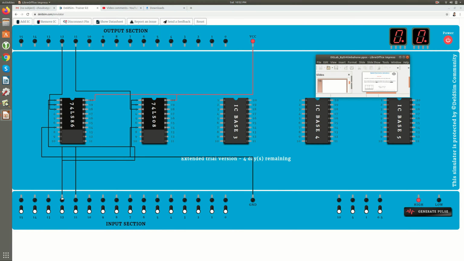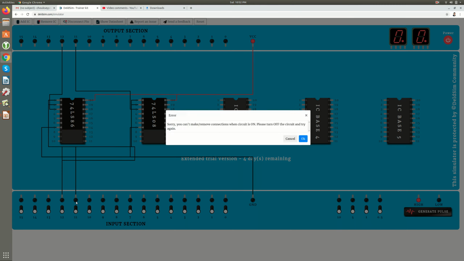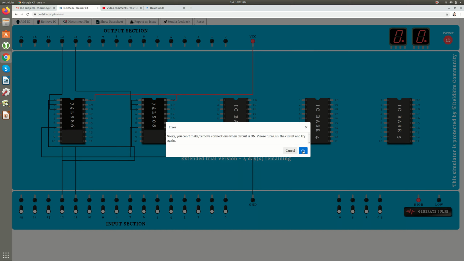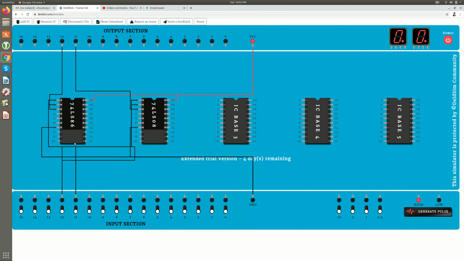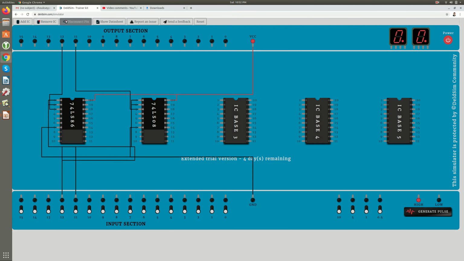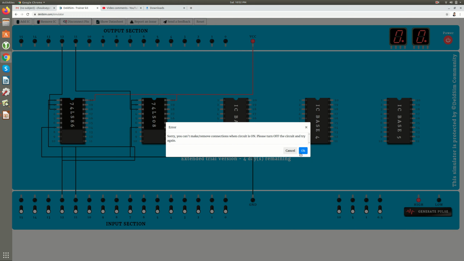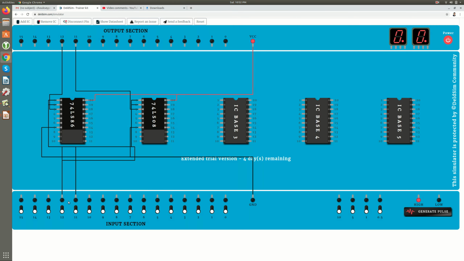Now next is, if one of the inputs is 1 among these two inputs, for example here you can see that one of the inputs among these two is 1, then your sum will be 1 and carry will be 0, right?